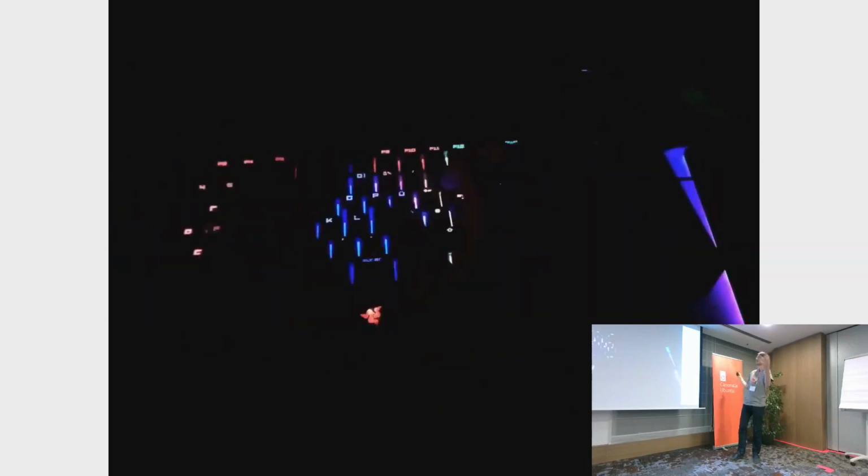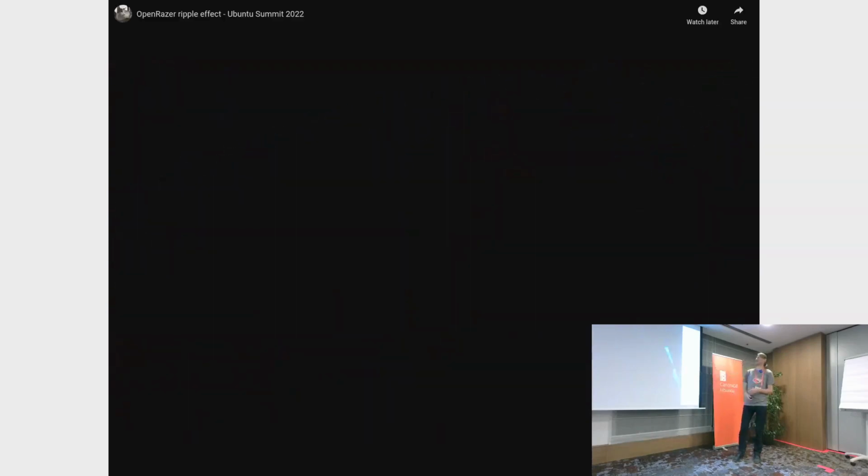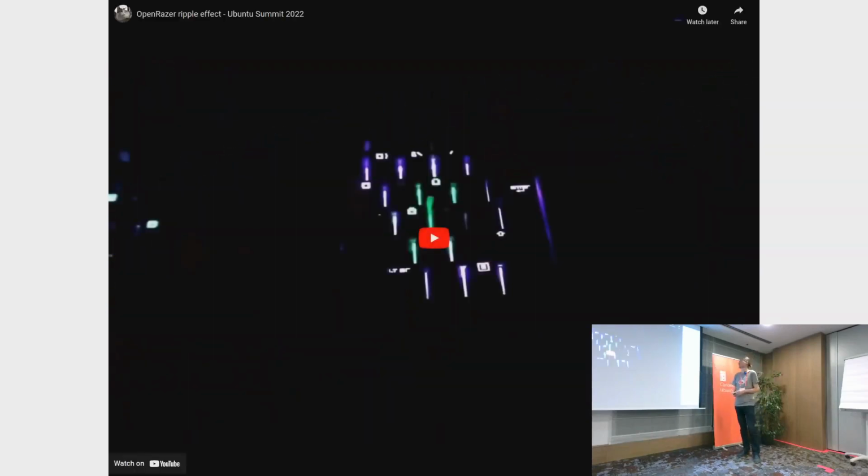I have a short demonstration. I forgot to enable Wi-Fi. Hey, it's loading, wonderful. So you can see our wonderful ripple effect. It's in complete dark, a video I found. Basically, when you press a key, the effect goes outwards from the key and makes everything look fancy. On the right side you can see the wonderful mousepad with the wave effect on. So make everything colorful in your life with it.